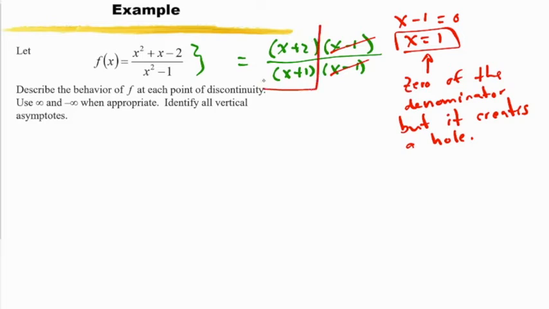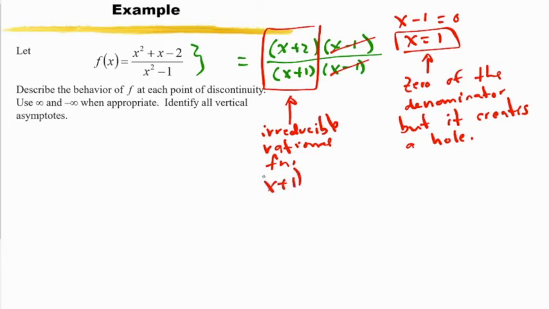This is the irreducible rational function. So the denominator set equal to 0 gives us x equals -1, and this will be a vertical asymptote because it's the zero of a denominator of an irreducible rational function. We reduced it already, it is no longer reducible. So if we were to draw this graph,